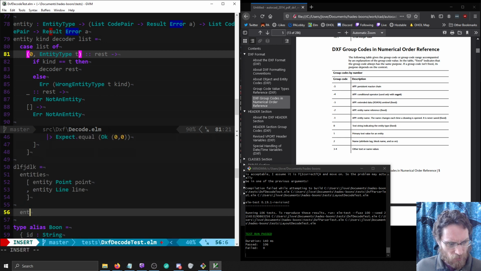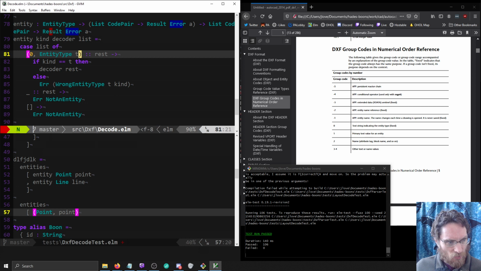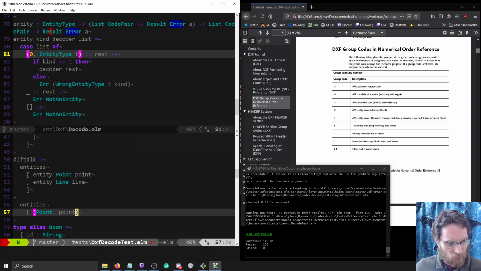Or that could be, and then the entities would be kind of running the match here. When we find an entity,